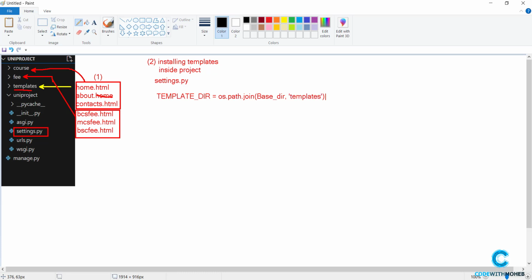The second parameter, templates, is the name of our folder. Sorry, this folder name is templates. So this name we write here, this is the name of that folder. When we write templates, it points to this folder name. For that reason, we have to write here inside this